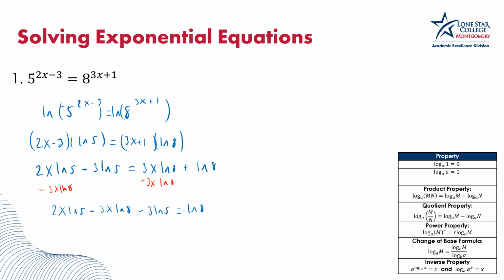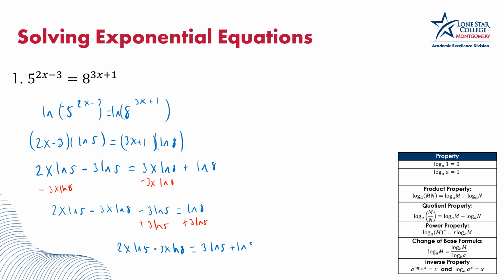Now the 3 ln of 5 is a constant, so we can move that over to the right side by adding it over. So it gives us 2x ln of 5 minus 3x ln of 8 equals, let's write this as, 3 ln of 5